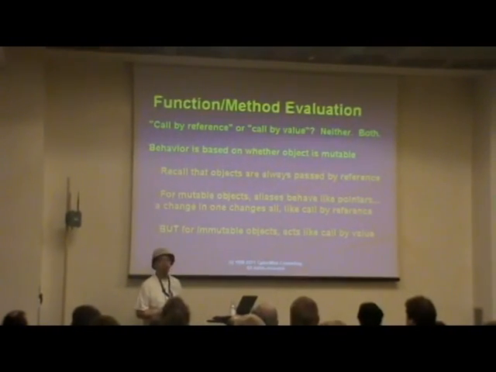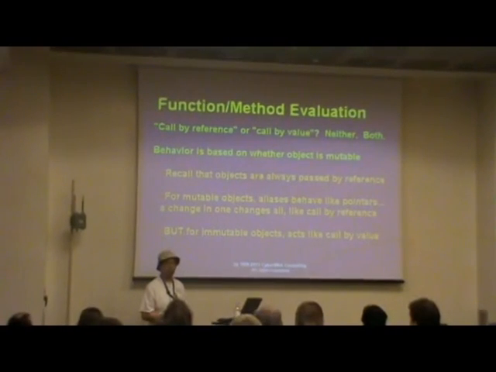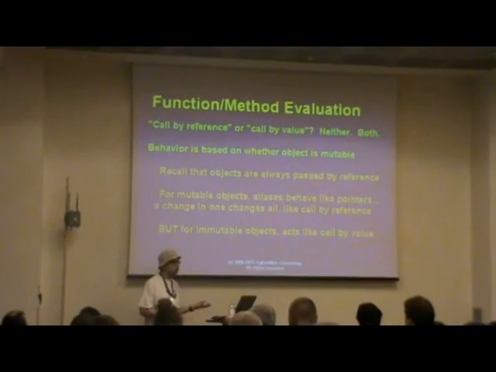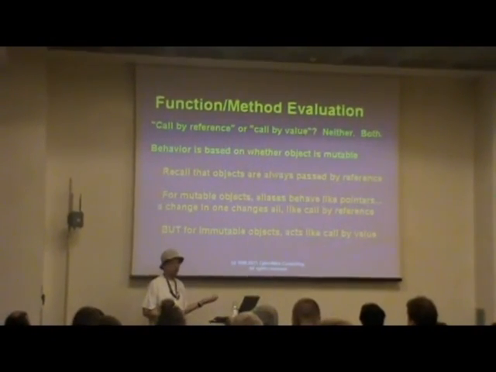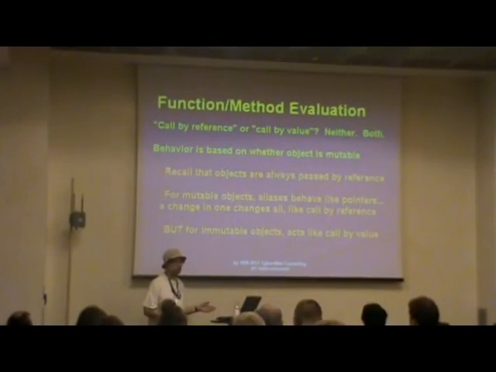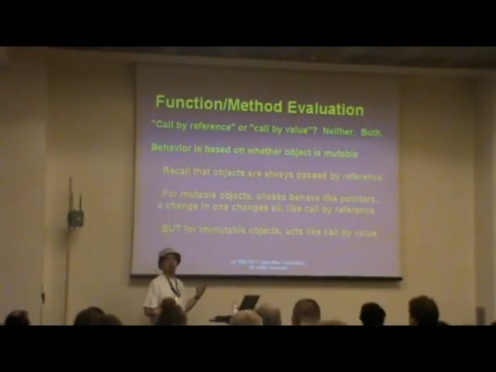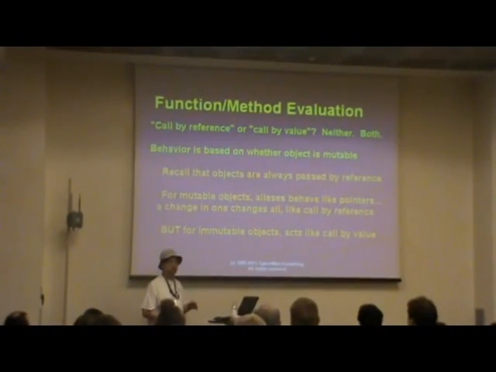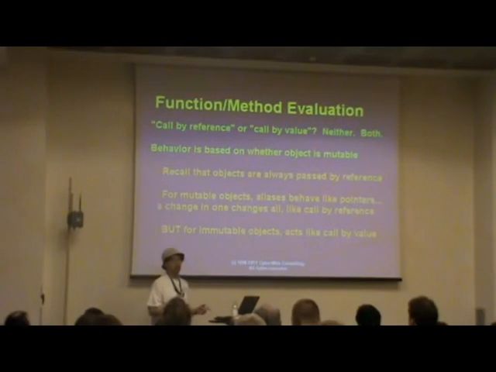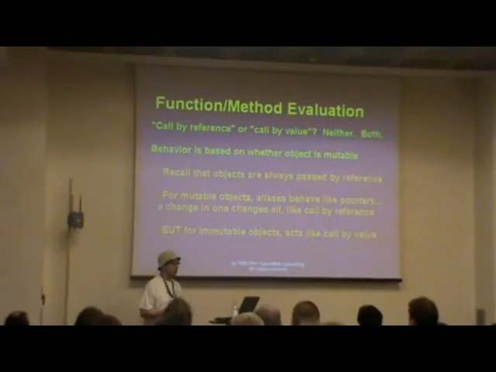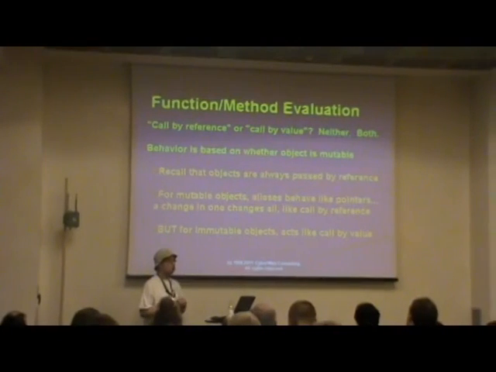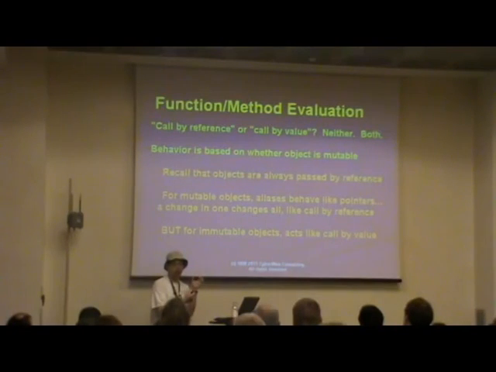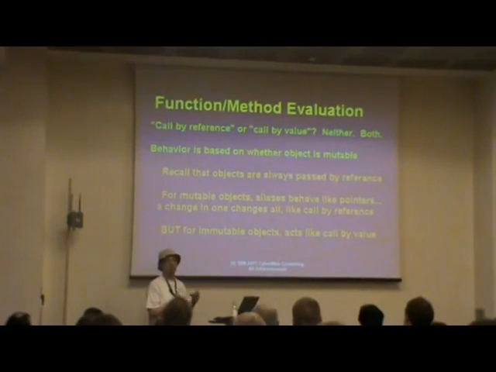But if you pass in an immutable object, like a string or a number, and the function changes that variable, well, because it's immutable, it really just gets redirected and points to another object, right? So it's like call by value, because that change is not reflected in the caller, okay? So that's why Python is both in this case, but it's really neither, because it doesn't adhere to that. But you know that in reality, everything is a call by value of the reference, all right? Really, right? Because it's a pointer, the number doesn't change because it's immutable, but it is a reference,